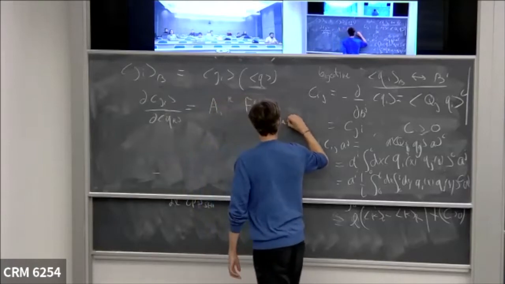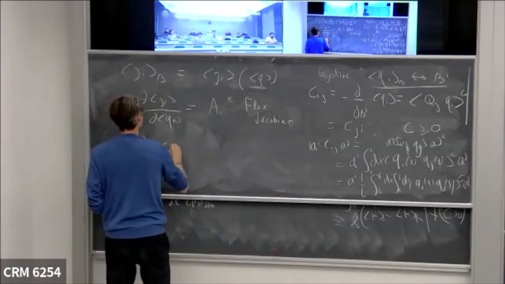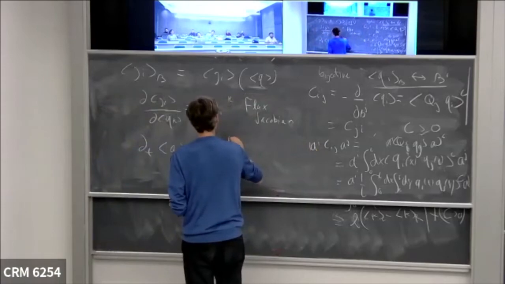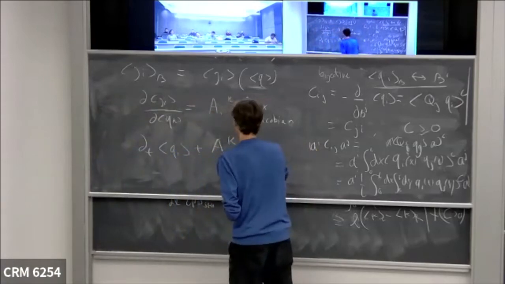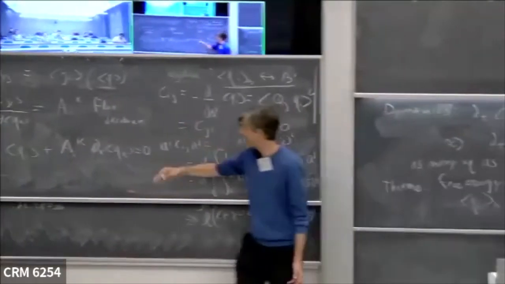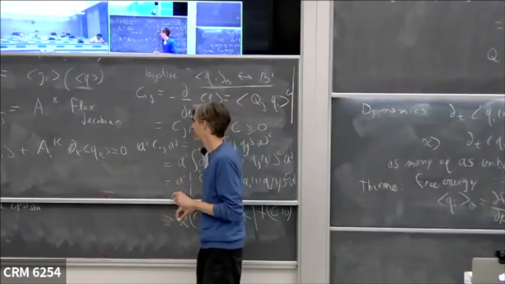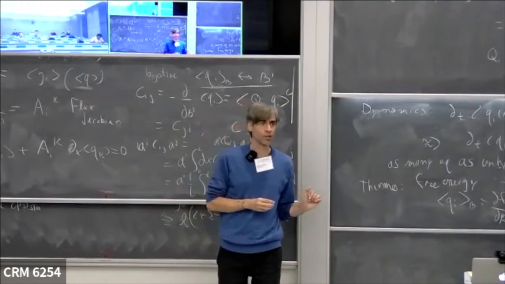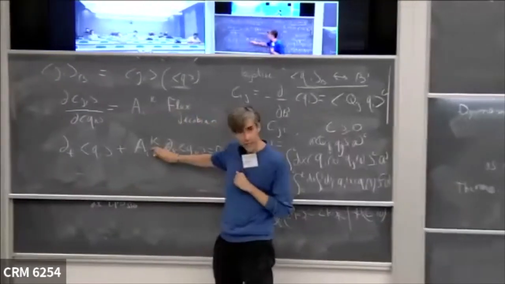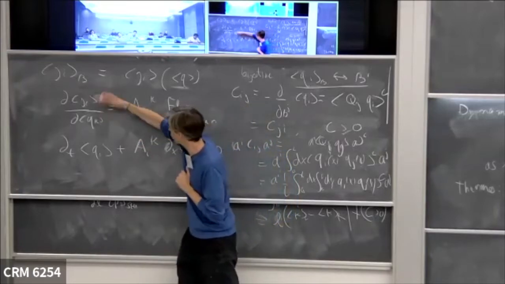And that is the thing that's important in a lot of the Euler hydrodynamics, because then you can rewrite your Euler hydro equation in terms of this flux Jacobian and the conserved density only. So ∂_t q_i + A_ik ∂_x q_k = 0. This is the so-called quasi-linear form of the Euler equation. It's linear in the derivatives. Of course, non-linear in general, because the flux Jacobian is a function of the state,